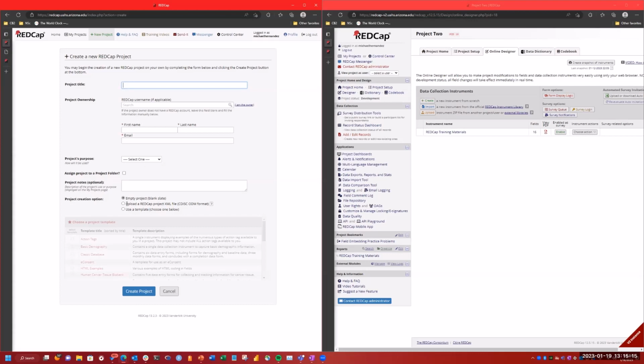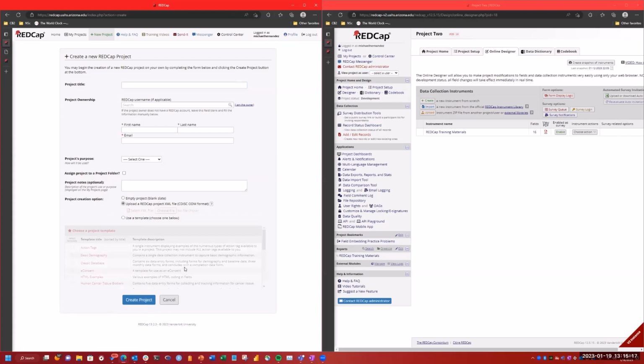Instead of using that, you'll do the second option, which is upload a REDCap XML file. And when you do that, you'll choose that file. You'll pick the project, the downloaded XML file, and then once you've given it a name, you create the project, and it will automatically create the project for you to use to learn how to follow along with the video